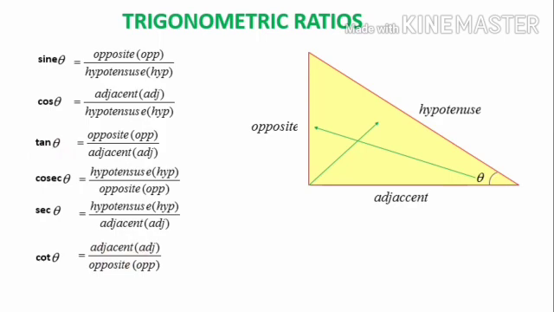And in the previous lesson, we have learned the short form to recall these formulas, that is SOHCAHTOA. So, hope you have recalled all these formulas, and let's move on to solving problems. Exercise 8.1, first question, that is, in triangle ABC, right angled at B, AB is equal to 24 centimeter, BC is equal to 7 centimeter. Determine, first question, sin A, cos A, and second question, sin C and cos C we have to calculate.